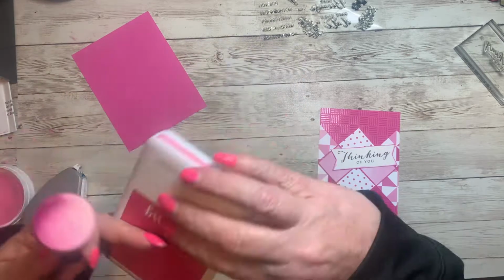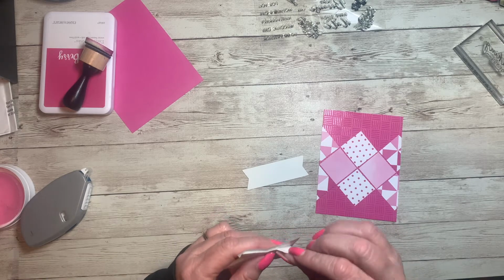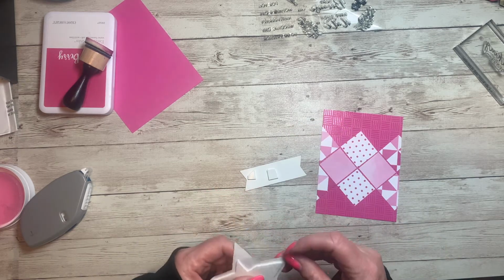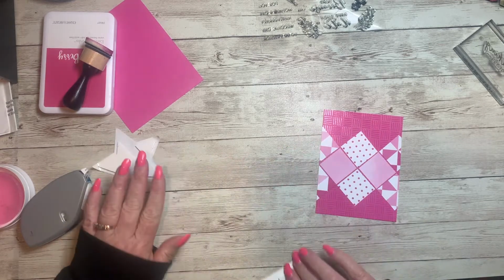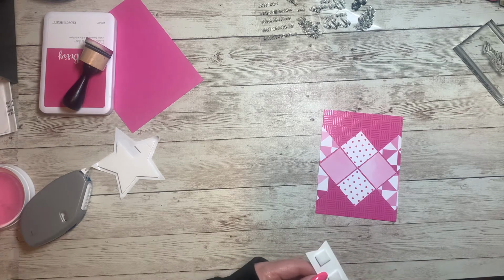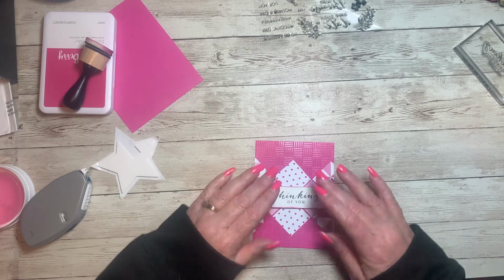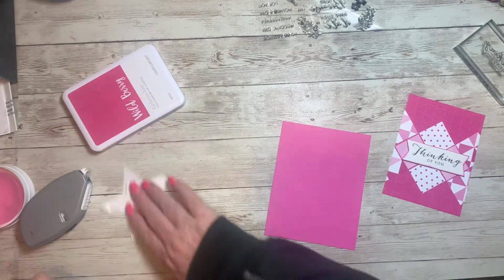So that will stand up when I put some foam tape. This is just left over from a shaker card. I'm just going to stick some of this on the back. And then I am also going to